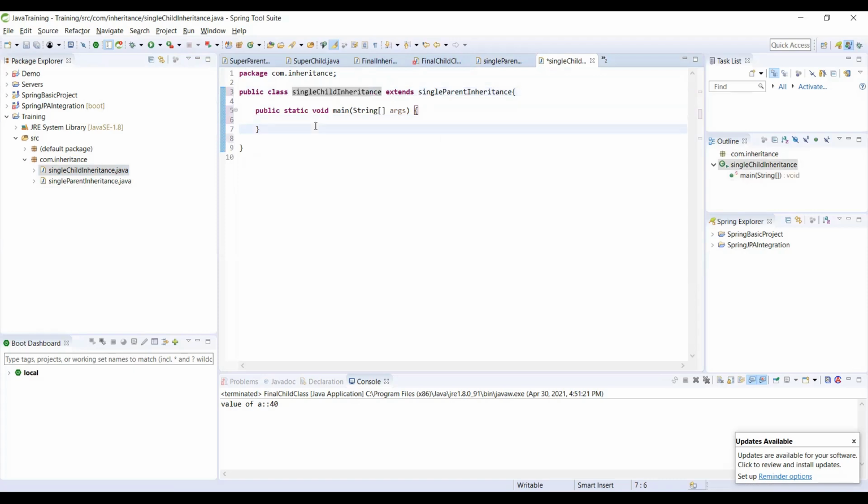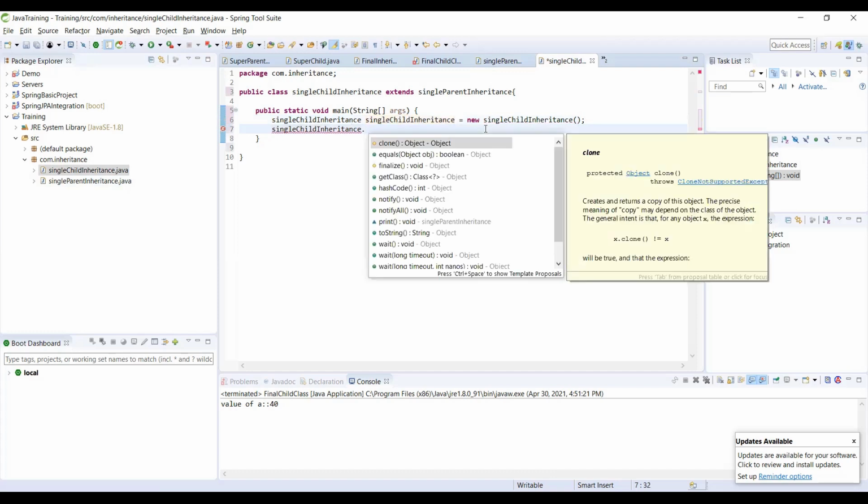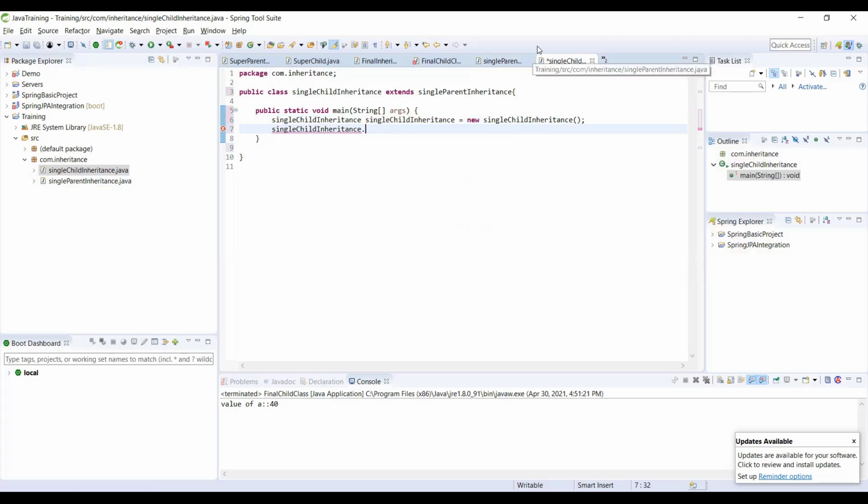and I will create an object of this class. Guys, if you look, I haven't written any methods in the child class, but still I will be able to call the method that we have declared in the parent class.